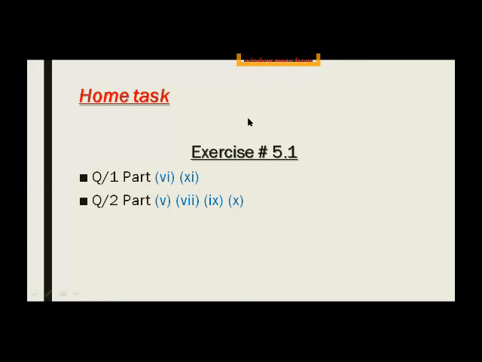Then you will make the title page of the unit, that is chapter number 5, fractions, and exercises. Then you will write the starting date and ending date. And then you will do only the parts that are given. No need to do the extra parts. Means first you have to maintain the copy; as you are in class 7, you already know how to maintain your copy. And then you will do the questions. There is no need to write any definition.